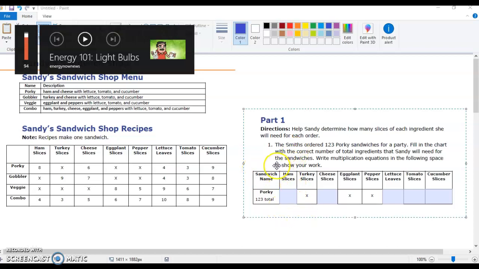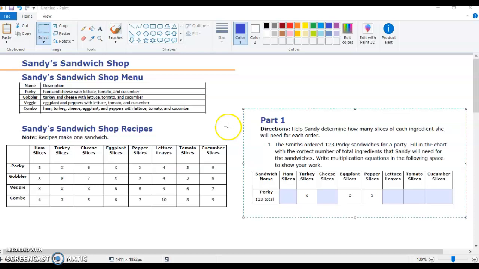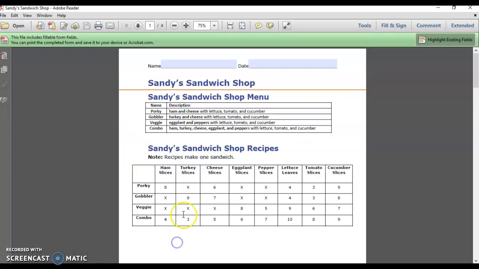Right. Hi, fourth graders. This is Mr. Steinberg again, and today I'm going to take you through the first part of the Sandy Sandwich Shop math portfolio, I believe from Unit 4, and I think it's Lesson 7. So I'm gonna take you through the first part. Then I'll talk about what to do after you get past there, but